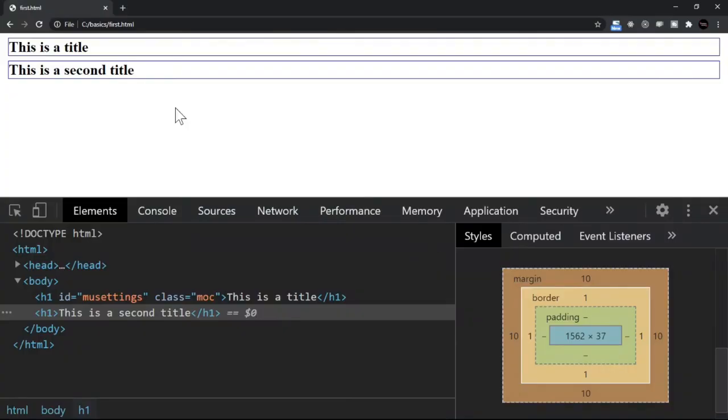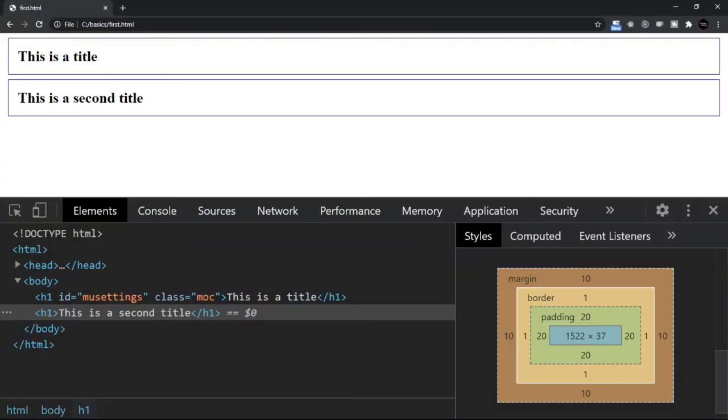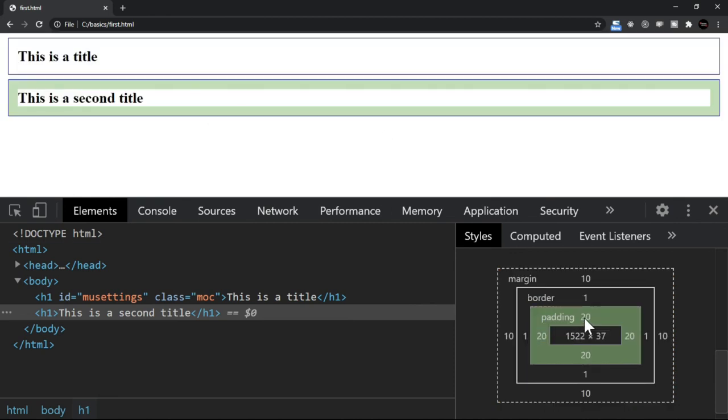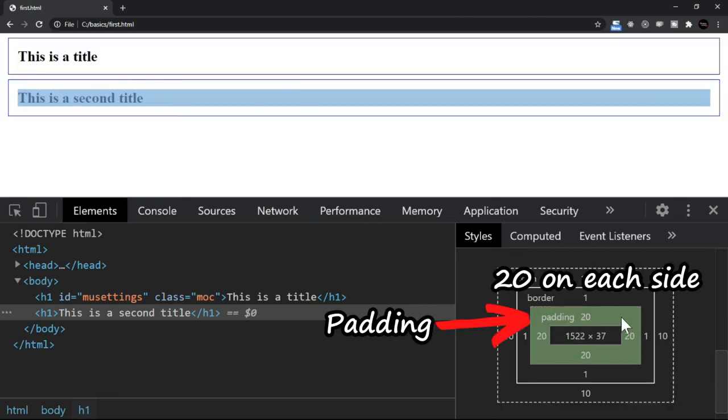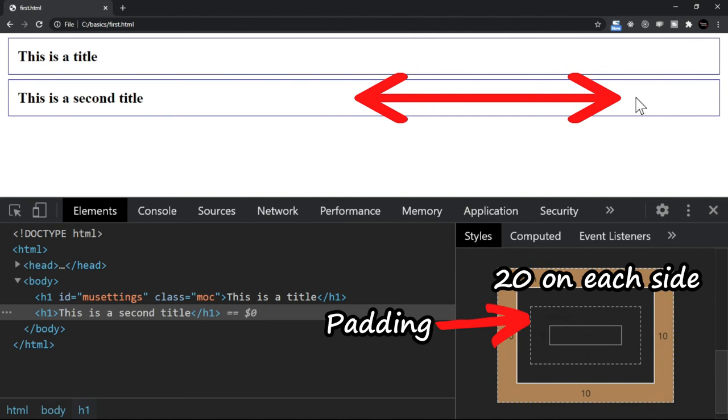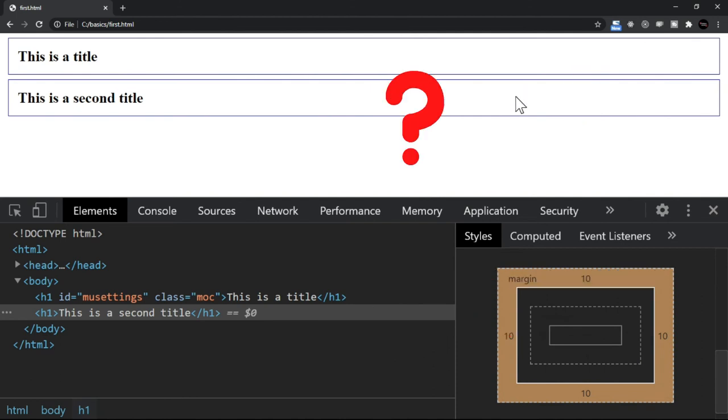Save this, refresh. Now you see this is what padding does. On the right hand side you won't be able to see it because the border is till the end, right? So there is padding added. See this 20, 20, 20, 20. It says this padding is 20, but you do not see it because this right hand side is too big. How will you control that?